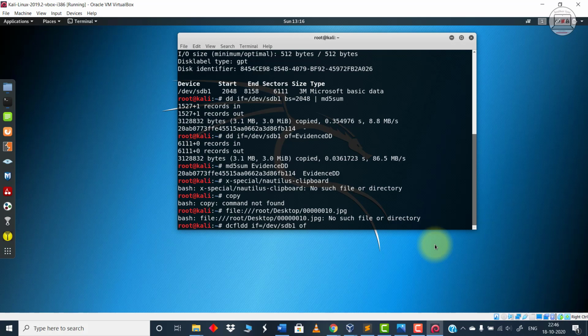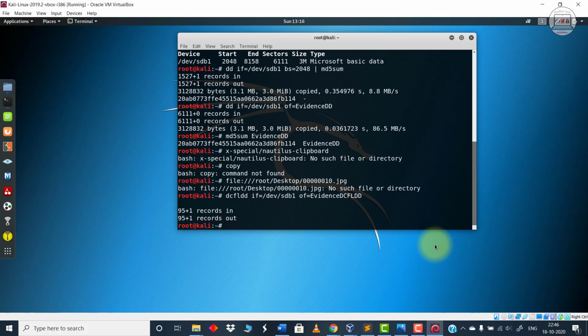You know what is hashing, what is MD5. The same way you can do it over here also. So OF will be, now I'm giving it a name as evidence dcfldd, and press enter. The only thing over here which differentiates DD from dcfldd is the size of the file and the entries which